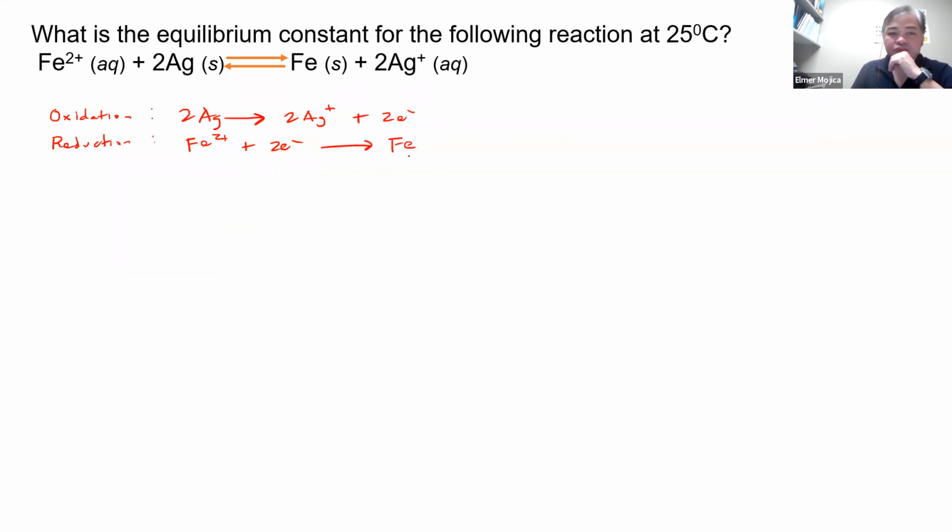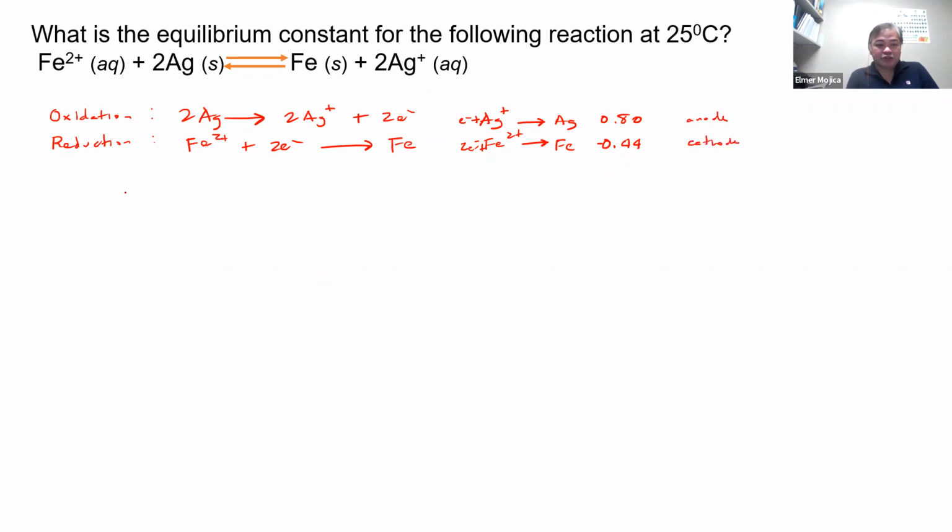Now, we need to know the reduction potential for each of them. So the reduction potential of Fe2+ + 2 electrons to produce Fe, if we're not mistaken, is negative 0.44. Now, on the other hand, for the silver ion plus an electron to produce silver, that is equal to 0.80. So this is the one that is happening in the anode, and this is the one that is happening in the cathode. So if we're going to look at the formula,